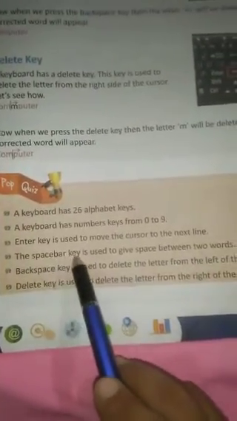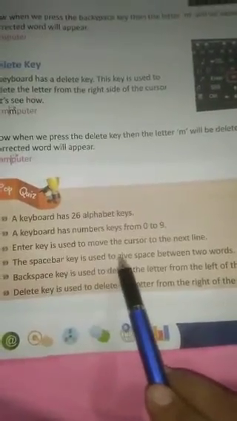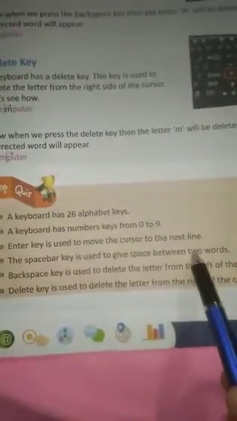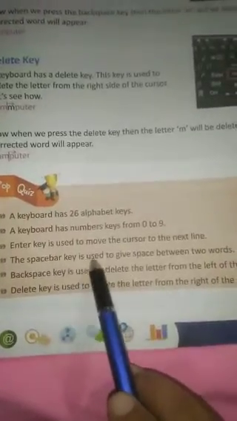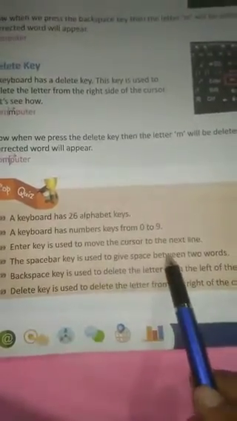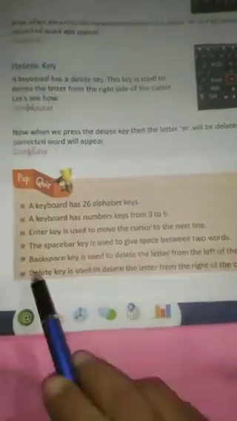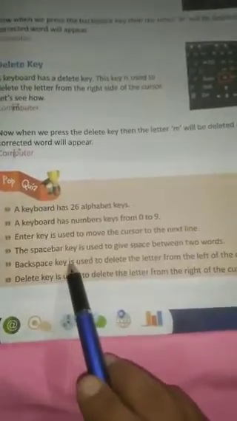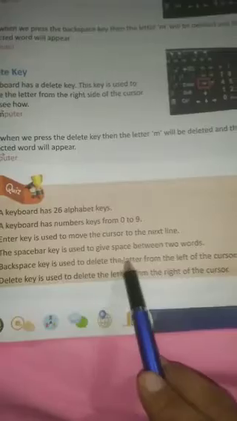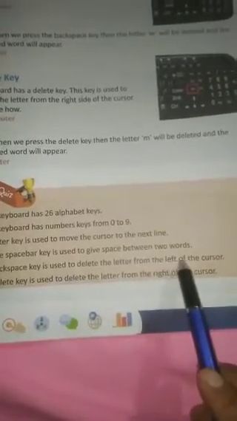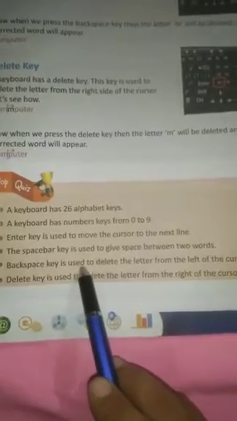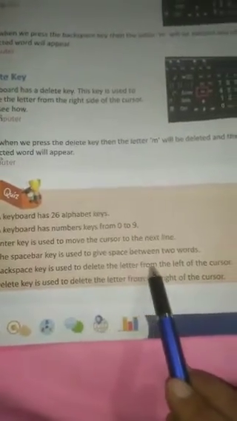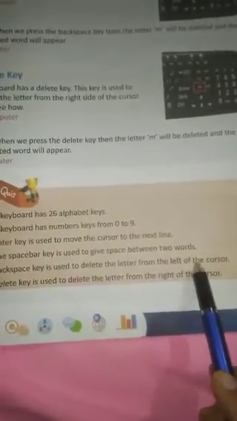The space bar key is used to give space between two words. Backspace key is used to delete the letter from the left of the cursor.